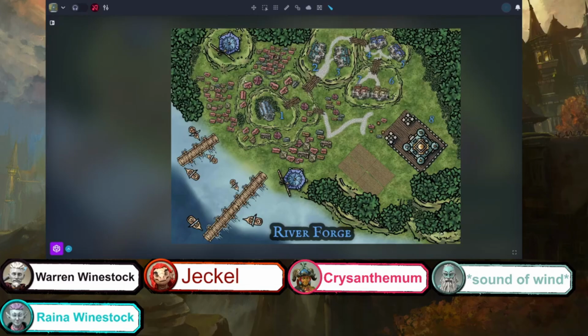We'll go in first. Boy, Jekyll and Sound of Wind have really formed a rapport immediately, huh? I like the idea that Jekyll, being a dragonborn, just sees Whoosh as a walking explosive. Yeah, absolutely. And I just have to keep on saying, hey, I'll pay you more gold if you do that. This has got to be the biggest jackpot yet. Yeah. All right, hey, go right on ahead, man.